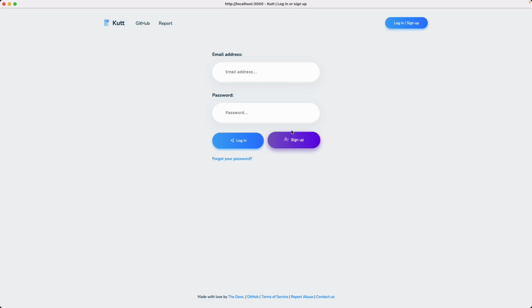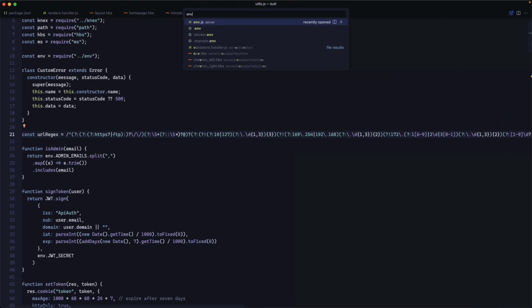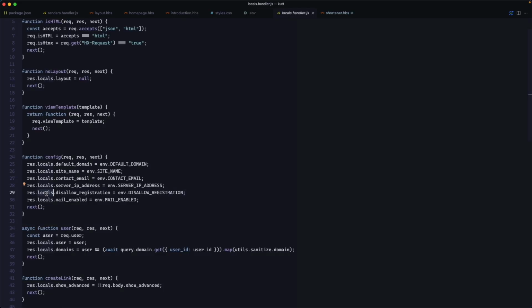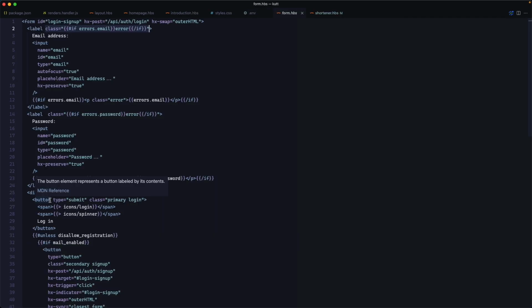So let's say I want to disable sign up. In my server, I have this configuration to disallow registration. So I set it to true, and what I do is pass the configurations that I want to my template engine. And now in my form component,